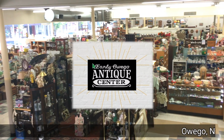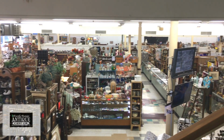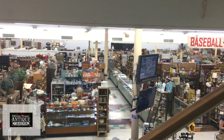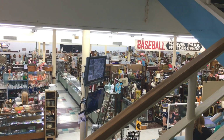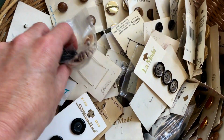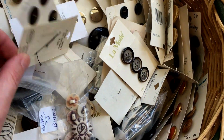Yesterday, I went to the antique store in Owego, New York. It's near where my mom lives. And while I was there, I found some pretty fun stuff that would be really good for yarn storage and solutions. So the first thing I found was buttons, which really doesn't have anything to do with yarn storage or